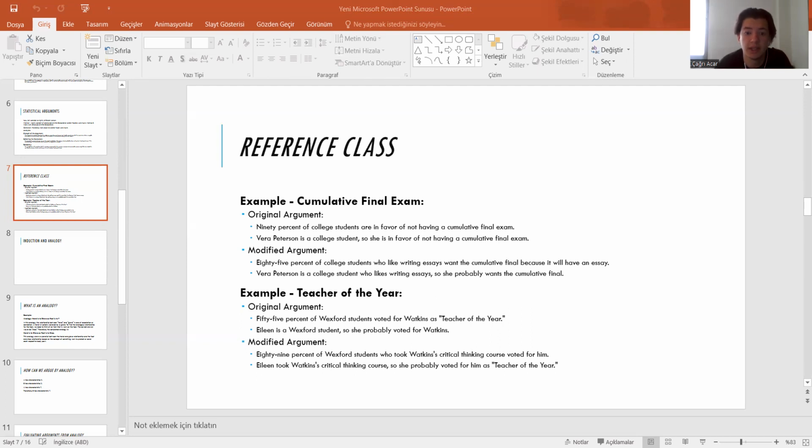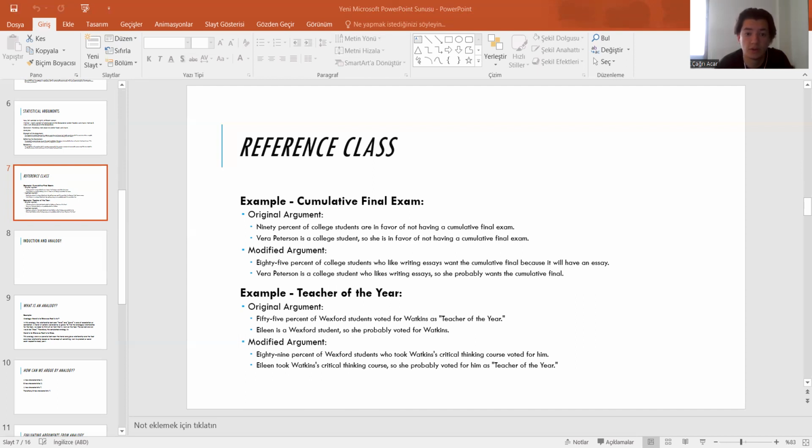A statistical argument can support a conclusion about a group rather than an individual. For example, 90% of college students are in favor of not having a cumulative final exam. So probably 90% of Wexford College students are in favor of not having a cumulative final exam. The third